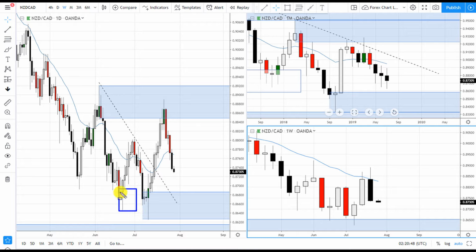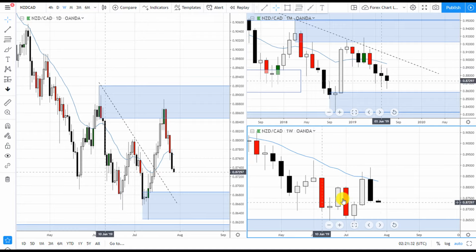right here, this zone is actually this zone, and while it was forming, it was probably, when this move right here to here is this candle here, and then when it dropped, it formed this red candle, but we didn't know that it was going to be forming like that. But as soon as it dropped, as soon as it did not do this that I was talking about earlier,